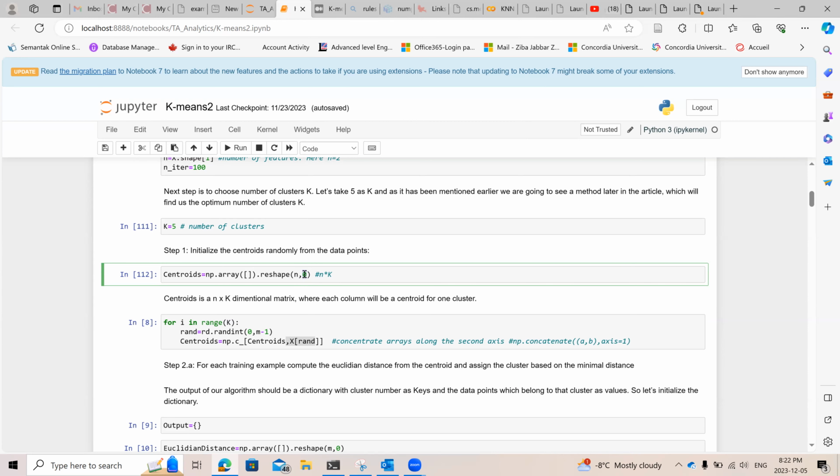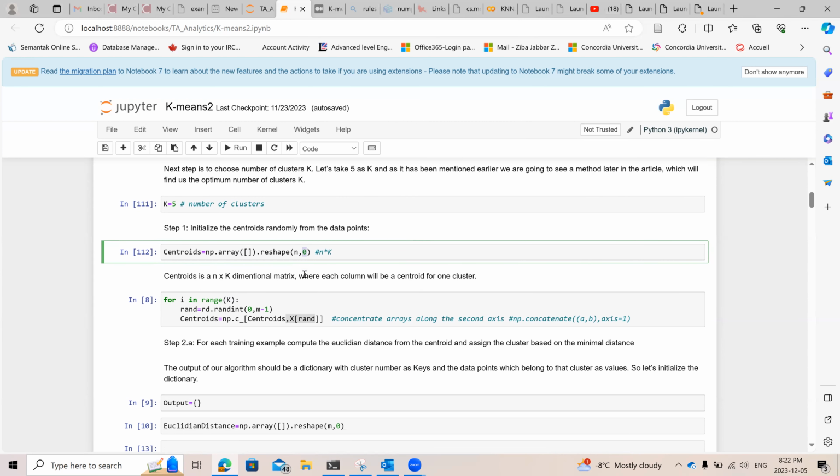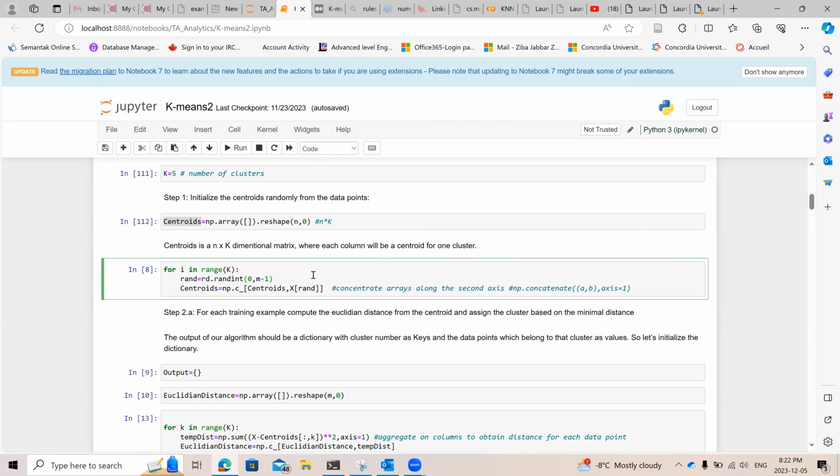Okay, so for the beginning, that's an empty NumPy array, but in the following, we consider these centroids to be